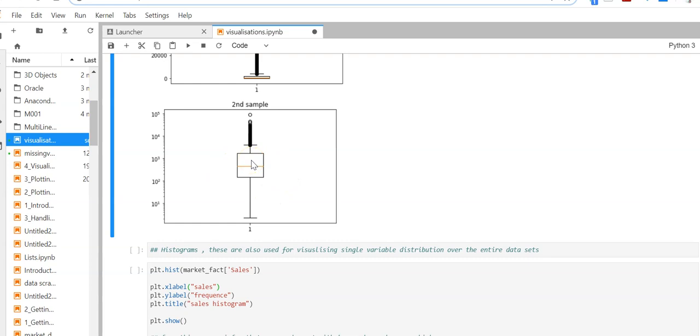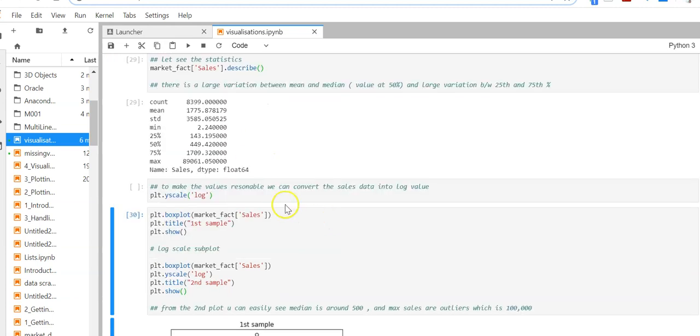Now in the box plot there are a few things which you need to understand. First thing is that there are some points which are above this line. These are called outliers. This line shows the 25th percentile and this line shows the 75th percentile. These outliers are very high values. So under the sales column there are some data with very high values of 10,000 or 20,000, but most of the data are within the 25th to 75th percentile.